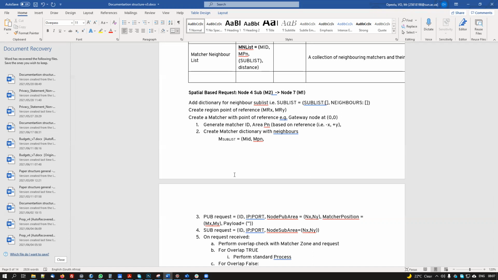For example, that's what I was talking about last week: if the matcher is on the left, you don't want to start moving on the right by default. Of course, in practice, it's probably not going to be that simple. But in theory, on an XY plane, if the matcher is located on the left side of the axis, you probably want to check the nodes on the left side first, because that's probably the fastest in theory.